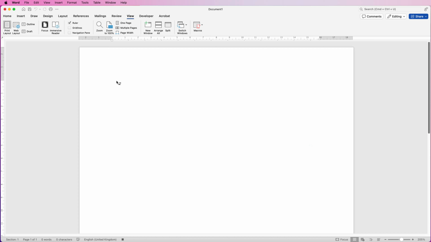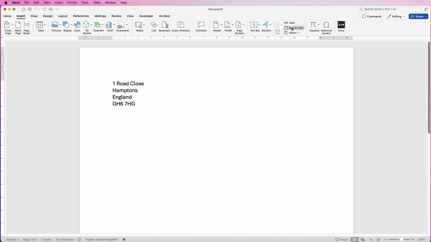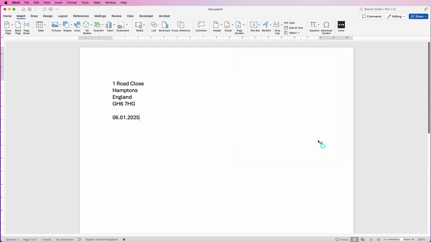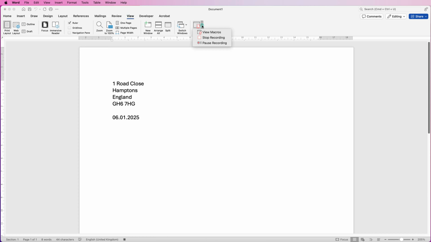As you can see, my cursor's got this little script next to it. All you need to do is start to produce your text or your image. So I'm just going to put my text in. Then to put in the address, we just go to Insert, Date and Time, select the configuration that you want. I'm going to select this one. Click OK, and once you've finished your macro or your design, then go back to View, go to Macros and